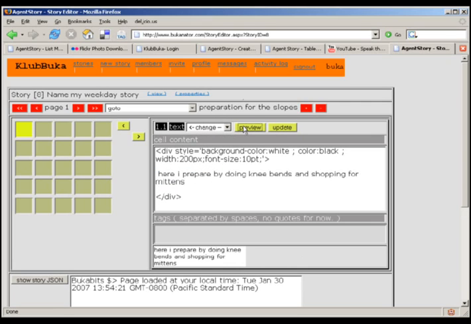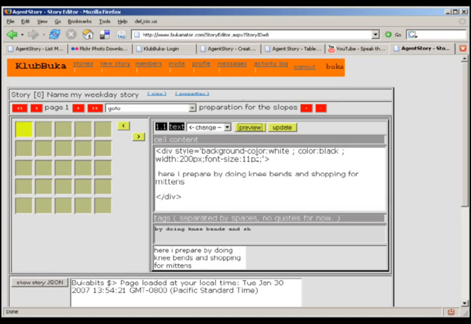so I can preview that little piece of text, and that shows up right over here. And I could change things, like for instance I could change the size of the text, or I could also change the background color of the box, and keep previewing it until I'm happy with something that I like. When I'm happy with something I like, I then click Update, and that will update the text in the database, and the little note box now goes black, indicating that there's